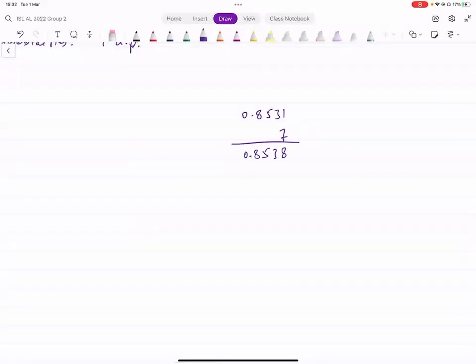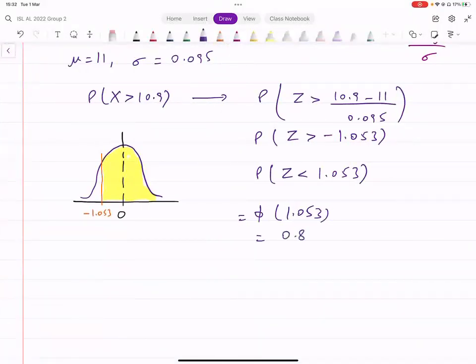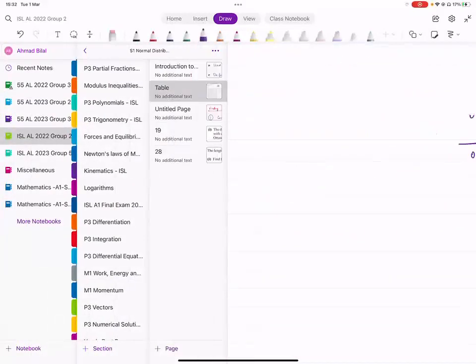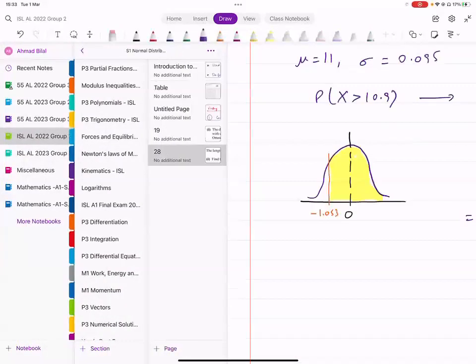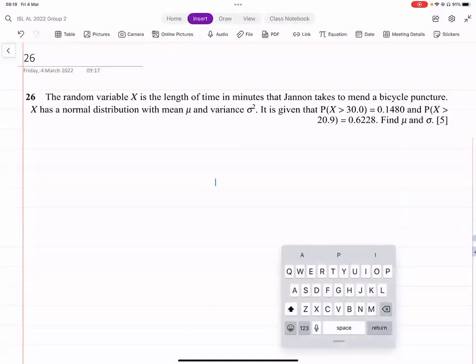0.8538, that's the probability। ये जाके यहाँ पे लिख देंगे, this is 0.8538, यही था 8538। So that's the probability that we were looking for। ठीक है, so इस तरह से आपके पास कोई data होगा, उससे probability find करनी होगी। It's normally going to be pretty straightforward। Problem आती है when we do it the other way around, जब आपको probability given होगी और आपको data में से कोई missing चीज find करनी होगी।